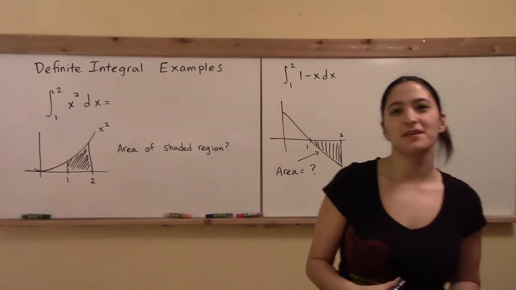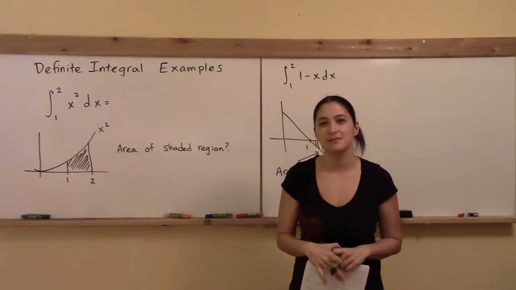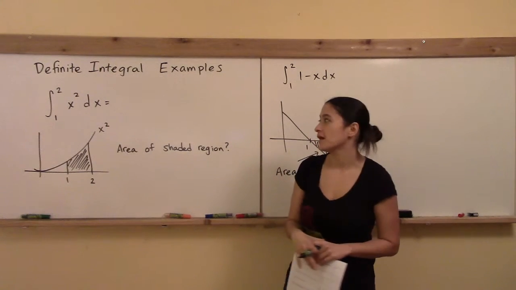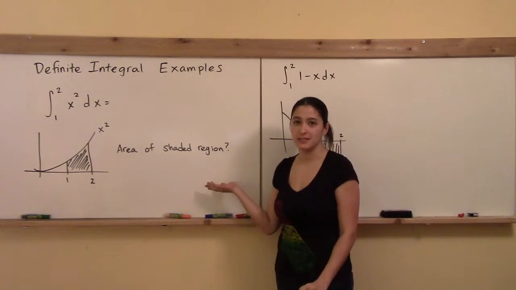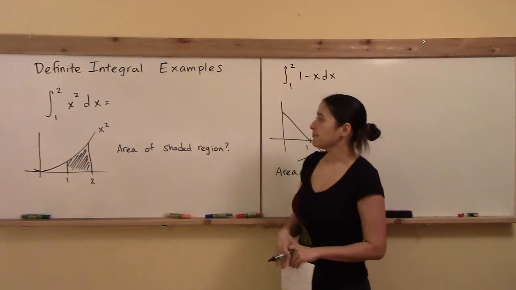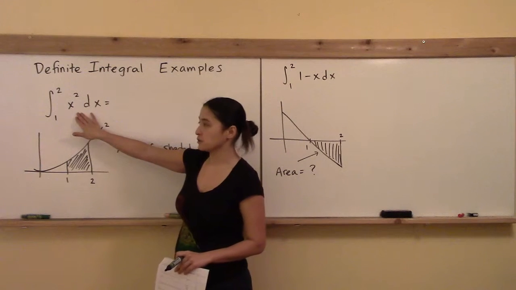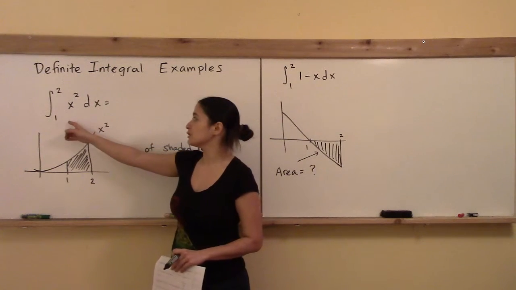Hi! In this video, we're going to see some examples of the calculation of definite integrals using the fundamental theorem of calculus. And how does that relate to the area under the curve? Alright, this first example is the integral of the quantity x squared dx from the point x equals 1 to